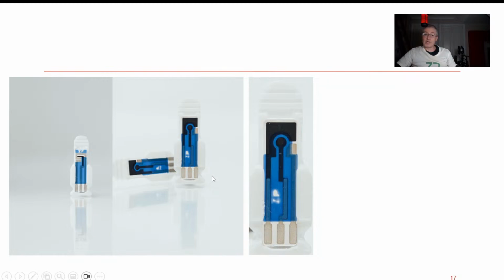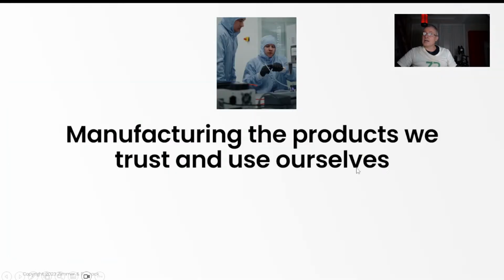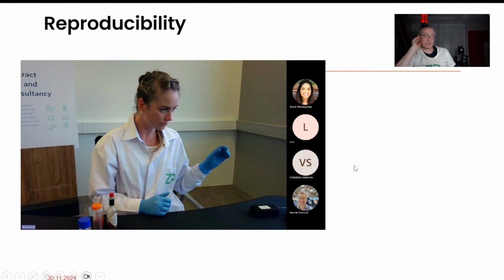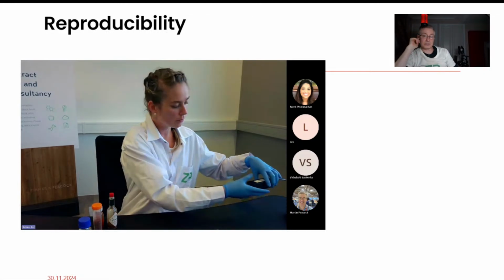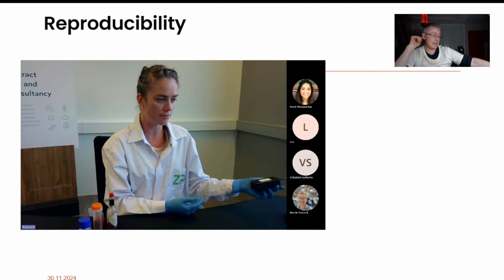And just out of interest, when we are functionalizing, we don't splash the functional material over our counter and our reference. We often make sure that we get the functional material on the working electrode alone. At ZP, if you watch many of our demos, you'll see that I'm going to do a couple of demos this evening, so watch those demos, because what you'll notice is that